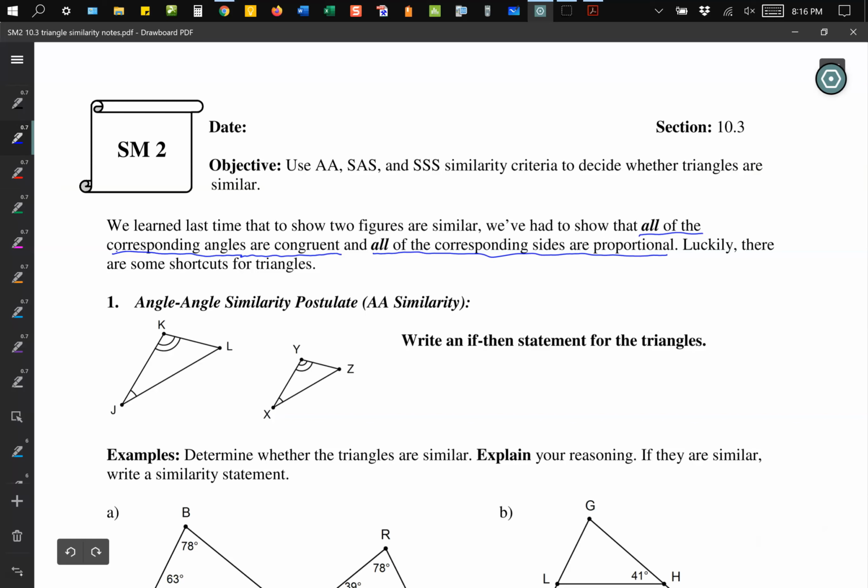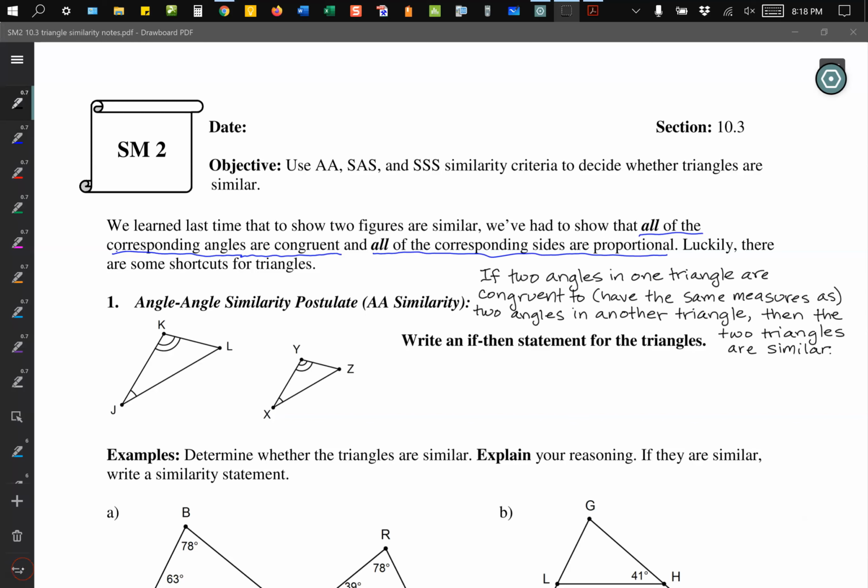So what the angle-angle similarity postulate says, notice it only mentions 2 angles. So it says exactly what it sounds like. It says that if 2 angles in one triangle are congruent to 2 angles in another triangle, then the 2